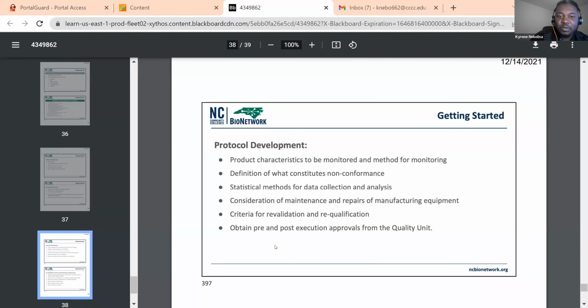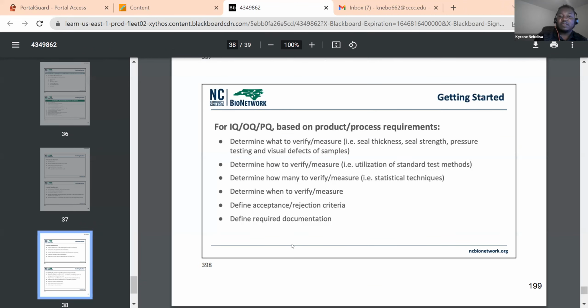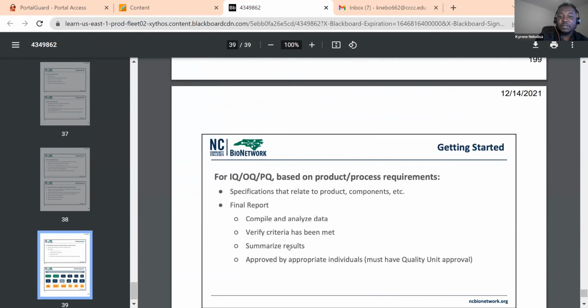So again, we're still on protocol development. You want to have product characteristics to be monitored and a method for monitoring. You want to have a definition of what constitutes nonconformance, statistical methods for data collection and analysis, consideration of maintenance and repairs of manufacturing equipment, criteria for revalidation and requalification, and obtain pre- and post-execution approvals from quality. And again, these are things you want to consider as you develop your protocol. For your IQ, OQ, PQ,